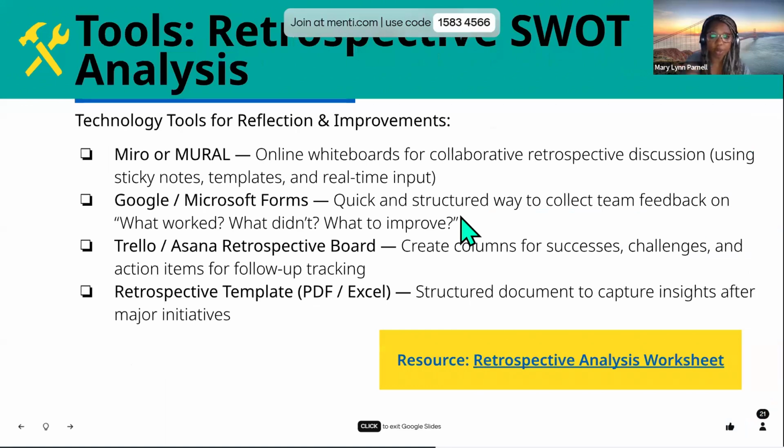So, the tools that we can use for that are Miro or Mural. So we saw the video on Mural. How do we use online whiteboards for collaborative discussion using sticky notes, templates? Google Forms, Microsoft Forms, you can do a quick survey to collect feedback. What worked? What didn't work? What do we need to improve? Trello or Asana, those are different software out there with different boards that you can use for tracking. And then also a retrospective template, either PDF or Excel, just a structured document to be able to capture your insights after